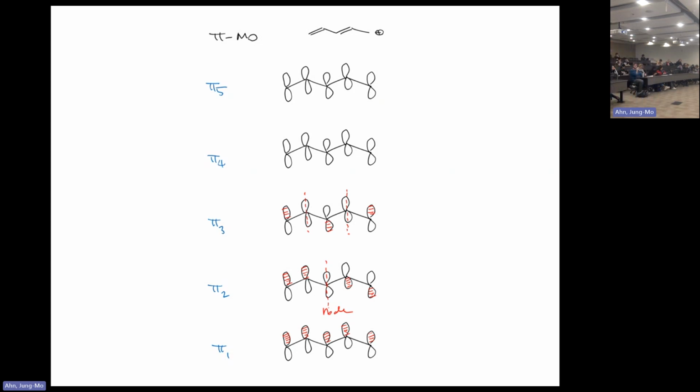And pi 4 will have 3 nodes. The first of the 3 is going to go, I think, right in the middle, and then 2 like this. That way you've got the positive phase, negative, and they're going to skip this because these are null. And then go back to the positive phase and then the negative phase. And then pi 5 is basically a node at every bond, with alternating positive, negative, positive, negative, positive. And then this